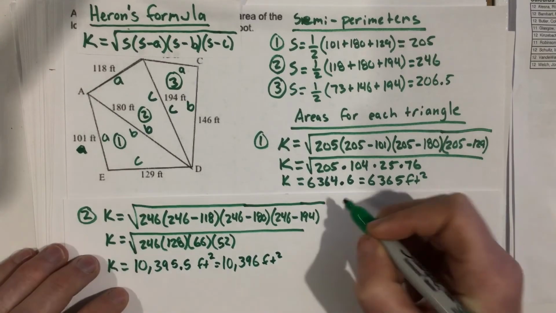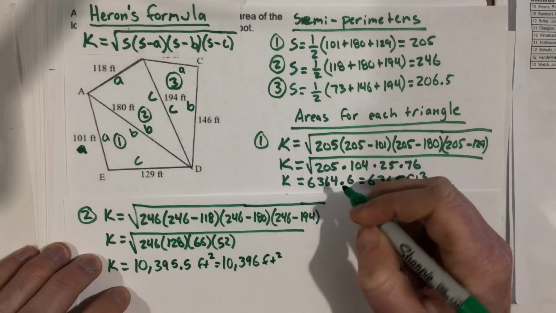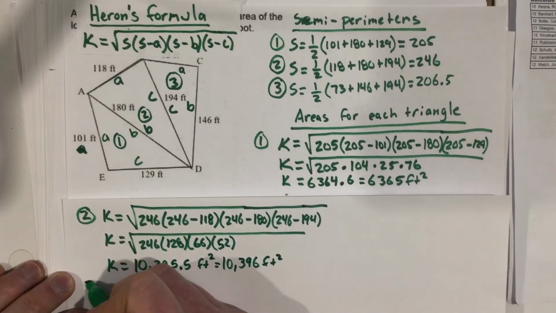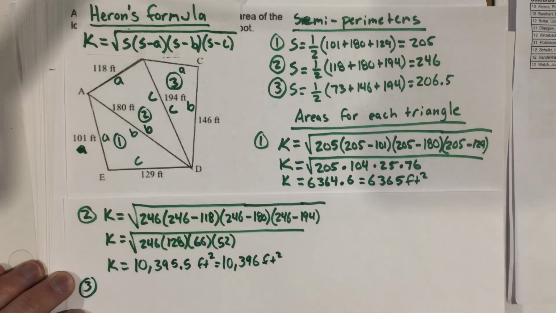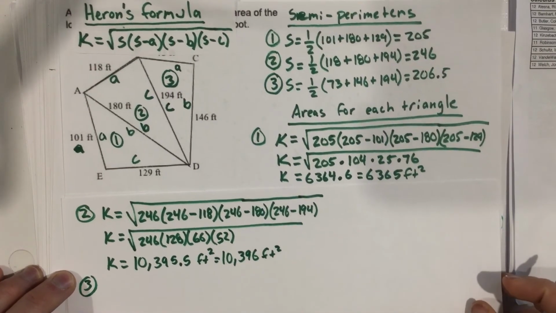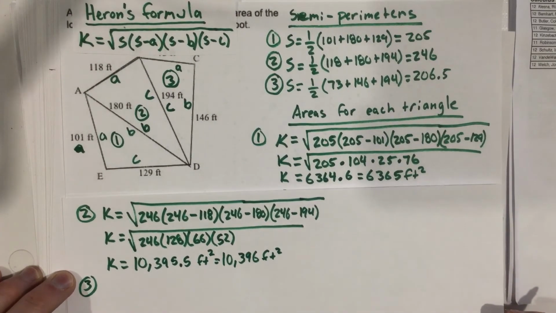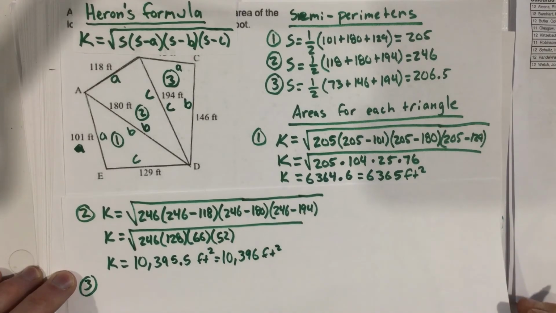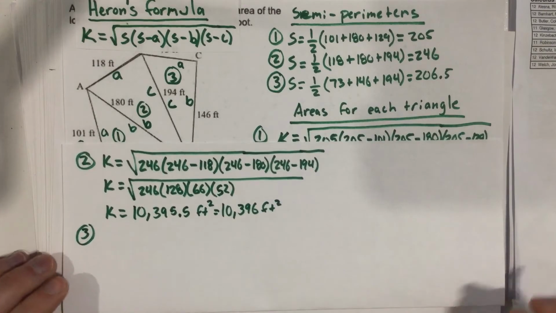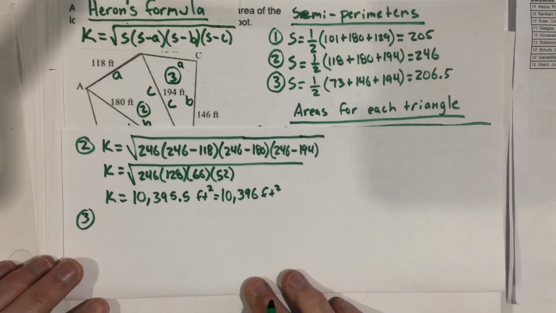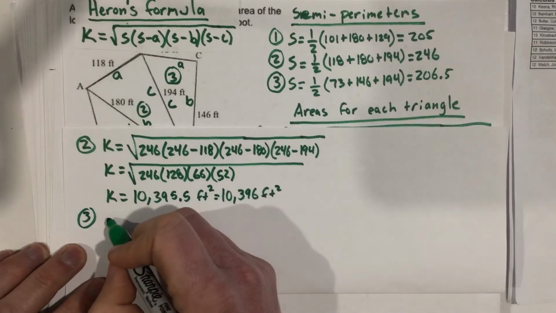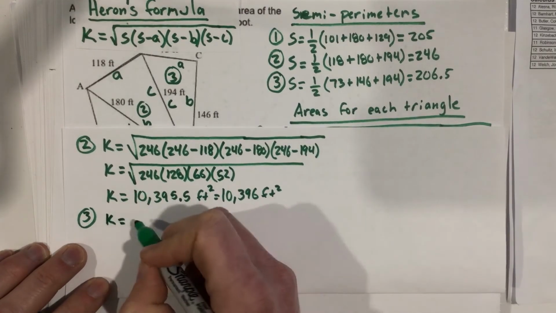Now I'm going to do finally number 3. Let's see if I can fit this. Let's go ahead and write number 3 here, and I think I can fit this. I'm going to slide this up just a little bit. Just for number 3. So for number 3, I'm going to get K equals root,